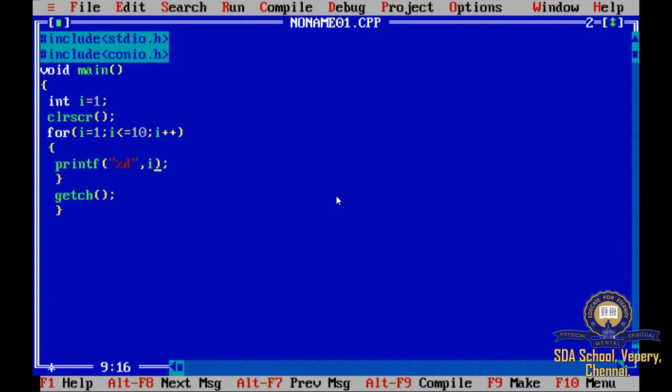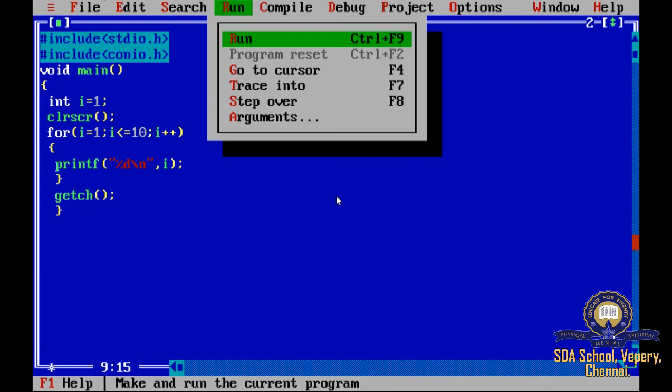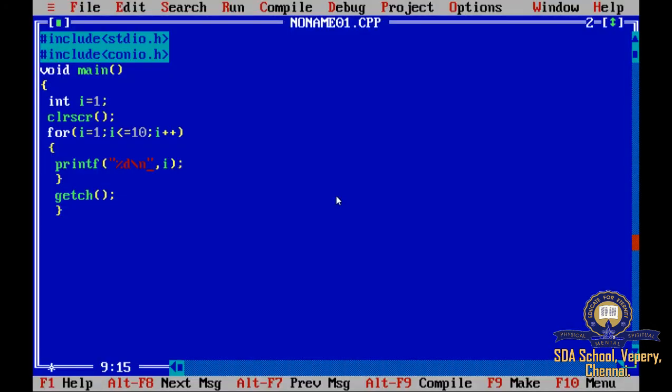So it is printing in the same line. So I'll be giving this \n, which will be printing in the next line. See, look at this. Yes, one by one it will be printing. So this is your for loop.